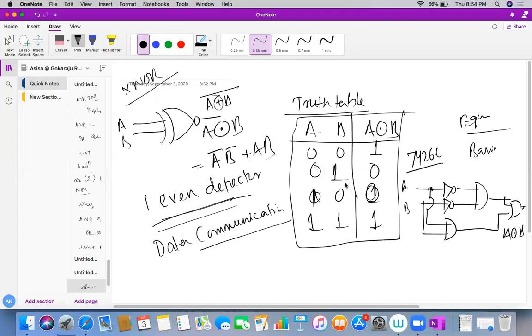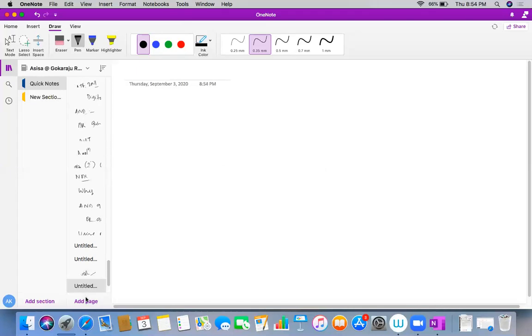So now the last part of today's class, I'll just give an application of where we can use these exclusive logic gates. One I will give tomorrow. Now I'm giving one more application here. Then we'll end the class. So the application is, let's say, certain particular data communication. What is data communication actually, students? XOR and XNOR are mainly useful in data communication.